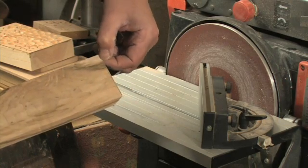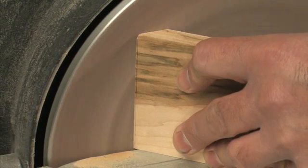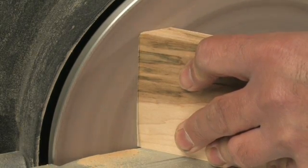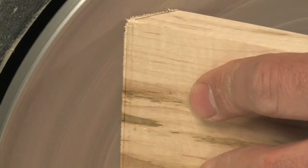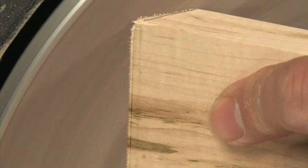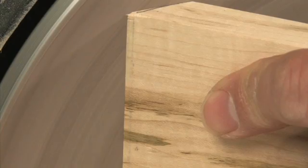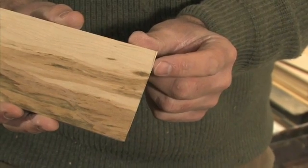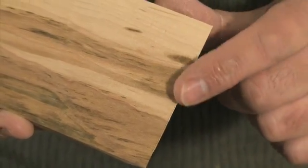So what we're going to do is just sand these to form the bevel. If you look carefully here, I've finished sanding this, and you just see the burr just appear there. In fact, you can knock it off. See there? And if you repeat that for the 4 sides,